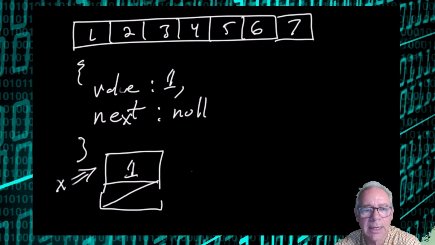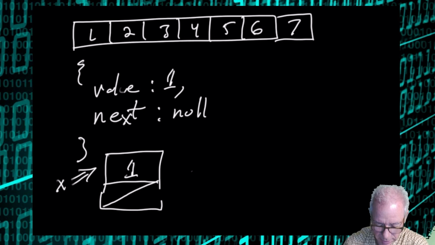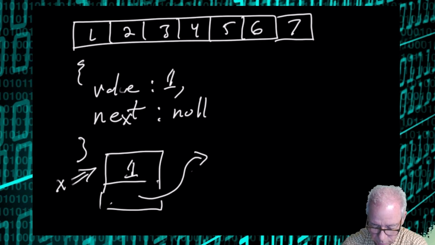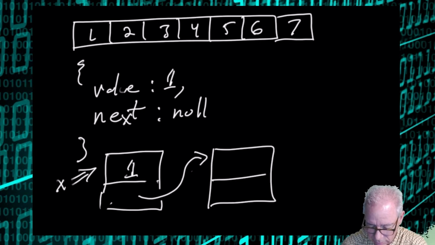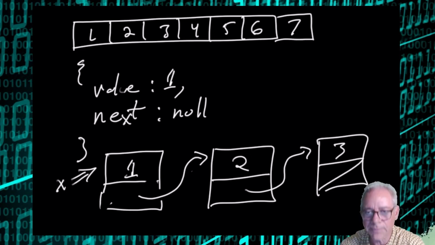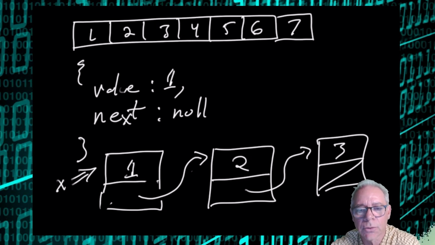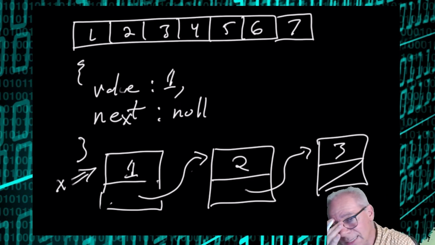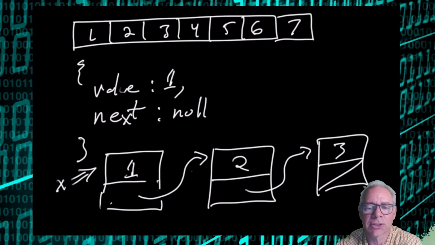But in the case of this larger list up here, I would be adding elements to the linked list. So this next pointer would point to another node, which has another value in it, and that would point to another node, which has another value in it, like this, until the end of the list. So to construct something like this, you are actually creating new